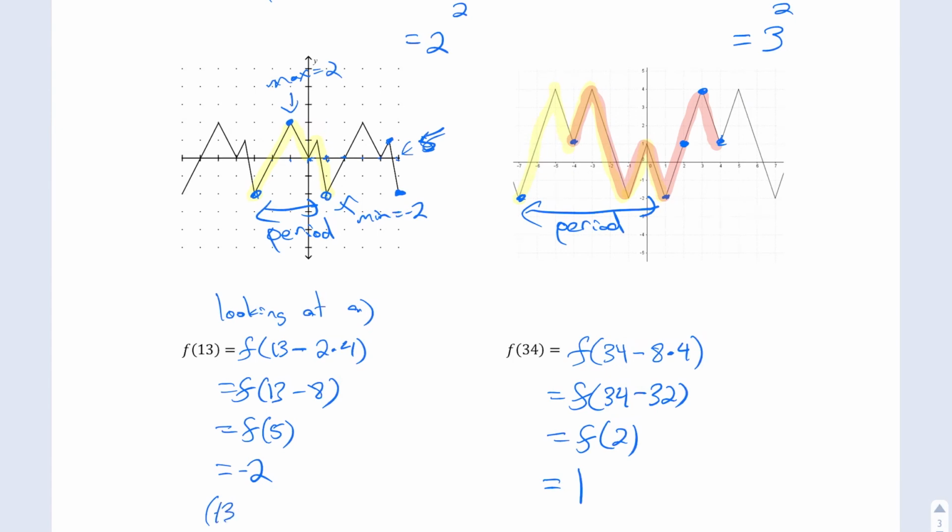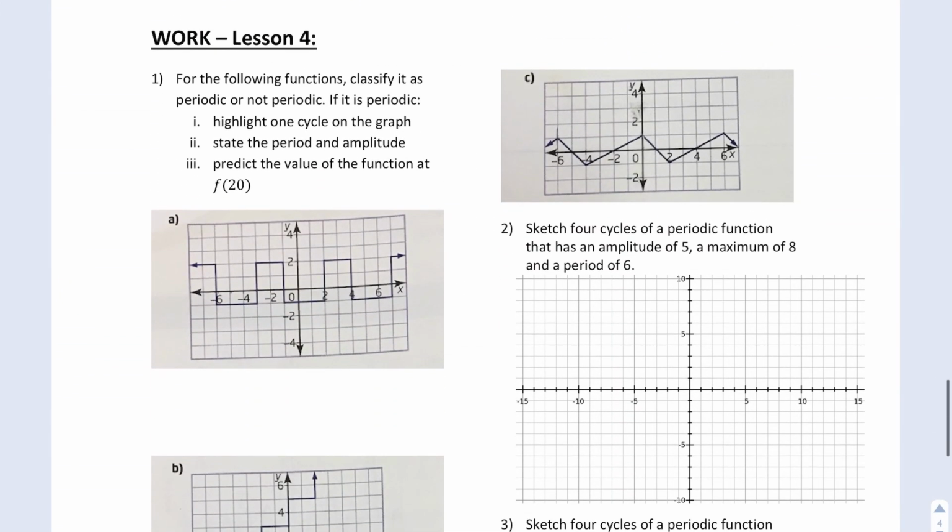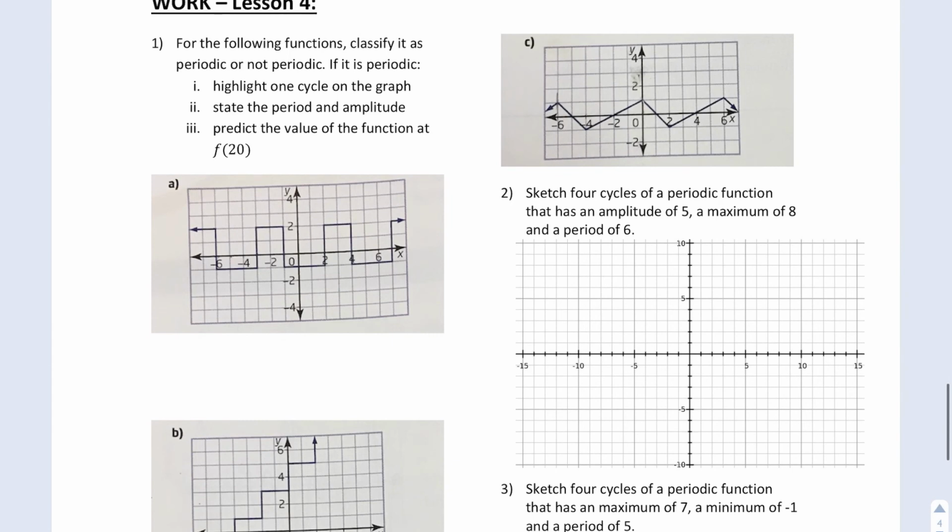And so again, just so you remember, this is really the point, which is going to be 13, -2. That's really what we're finding. Similar here, I've got the point for x, 34, and the y value of 1. Okay, so why don't you try those and go into the work stuff, and